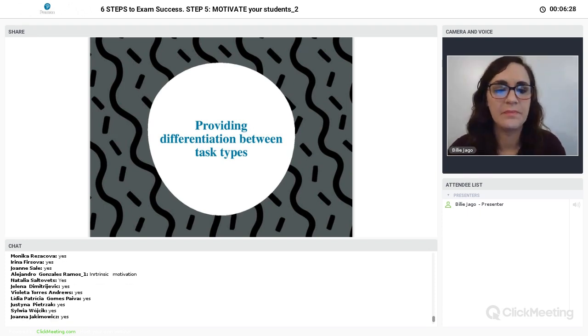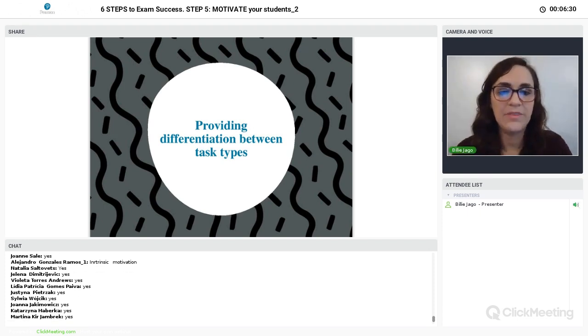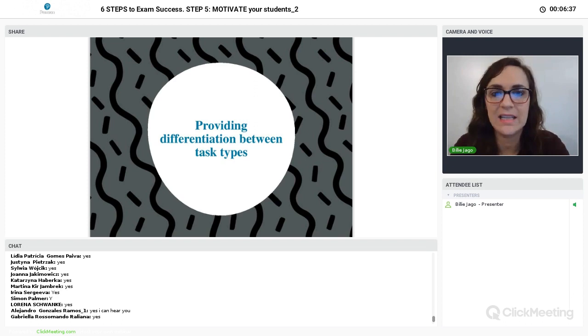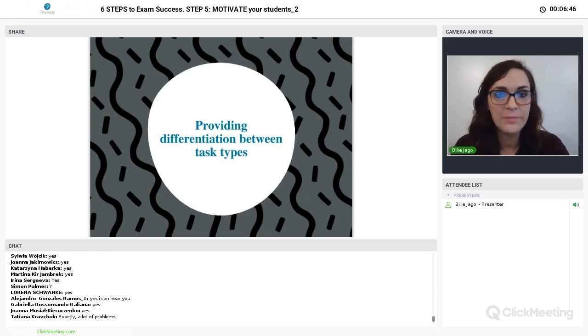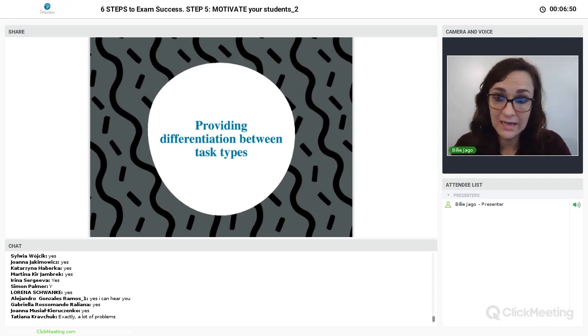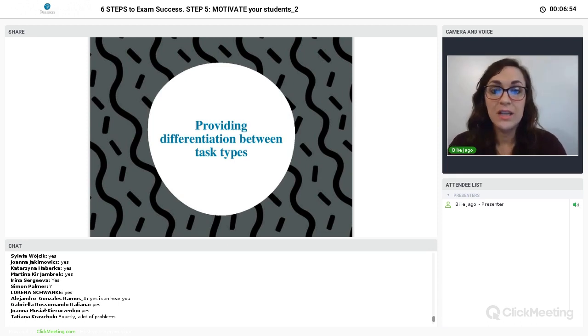Okay, so no problems. Providing differentiation between task types. As we know, our job as exam course teachers is to get students to succeed in their exams. So it can be very easy to follow the usual format of teach, test, teach, where learners first complete a task or activity without help from the teacher. Then, based on the problems seen once they've completed it, the teacher plans and presents the target language. Then the learners do another practice to see if they've actually picked up the new language, and then we assess